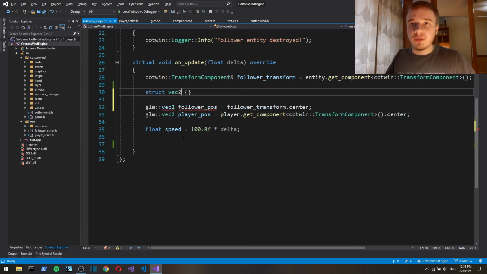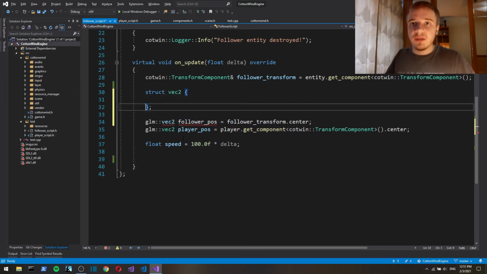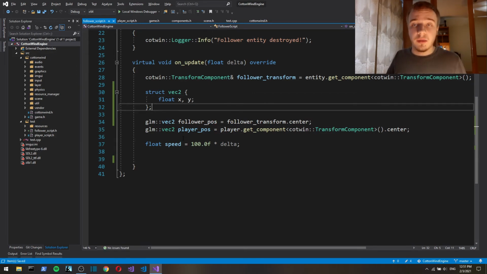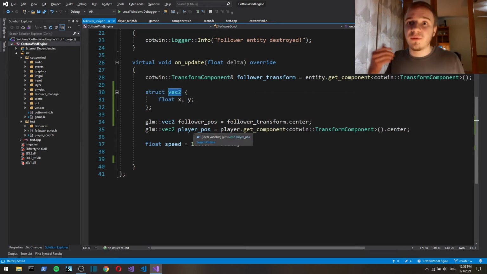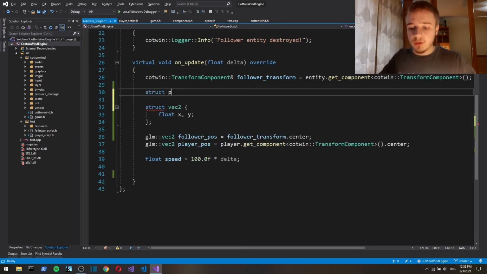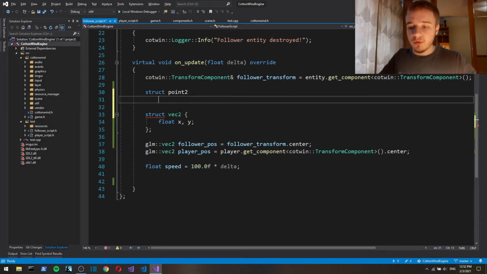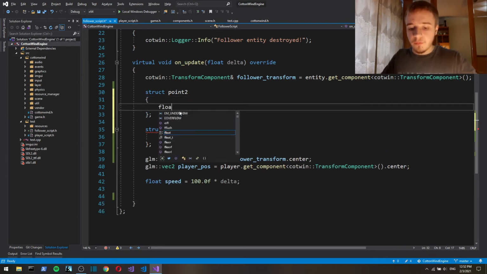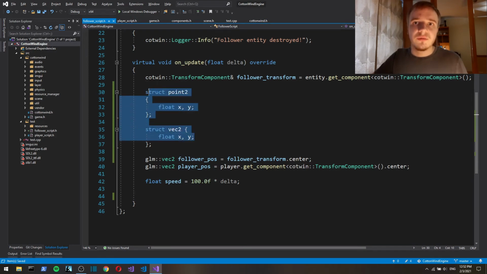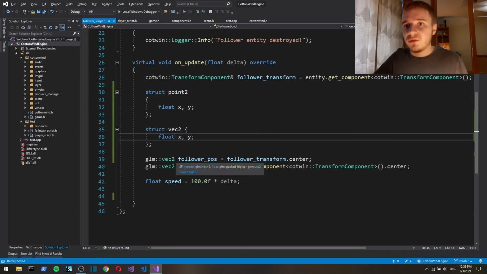Vector2, for example, is simply a struct with x and y. Mathematically, a point is not a vector, so this can be a bit confusing. We could create another struct and call it point2 for a two-dimensional point, but as you can see they're just similar, so we're just going to use a vector for both positions and actual vectors.